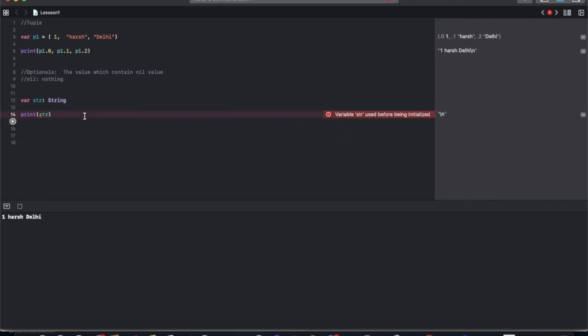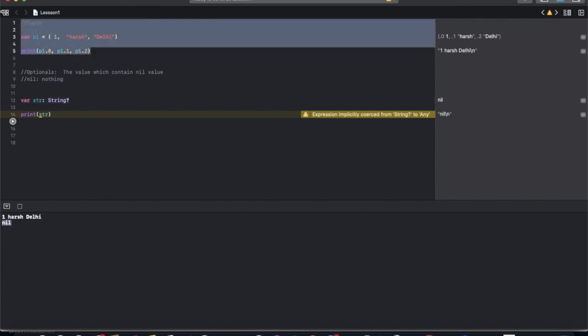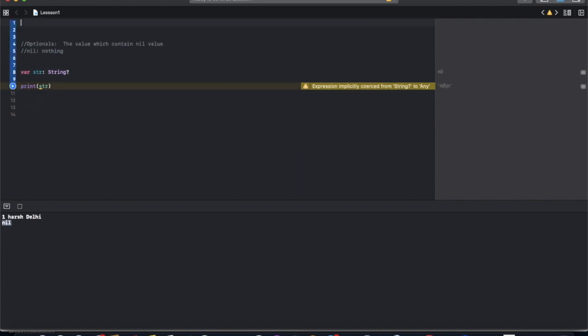We can't print any value before initializing because it does not have any value and it's not an optional type. To make it optional, we just need to mark it with a question mark, and now when we print it, it has a nil value. It has nothing. Nothing means nil.